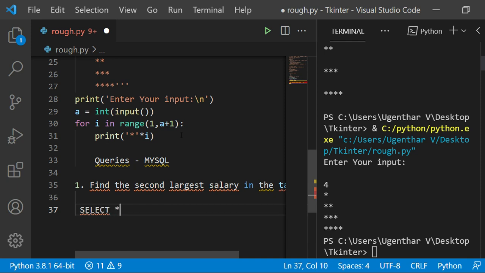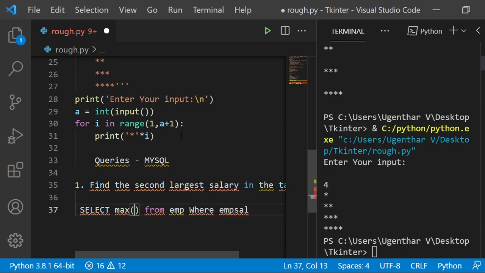Select star from employee where employee salary... I want to select the salary, right?